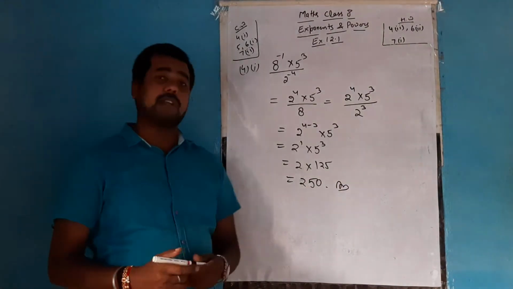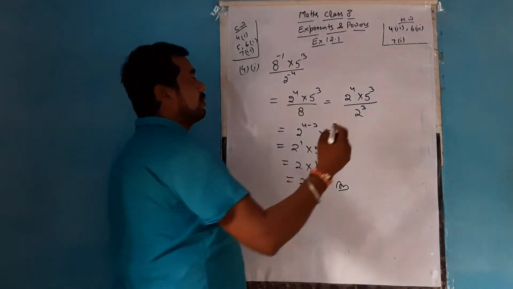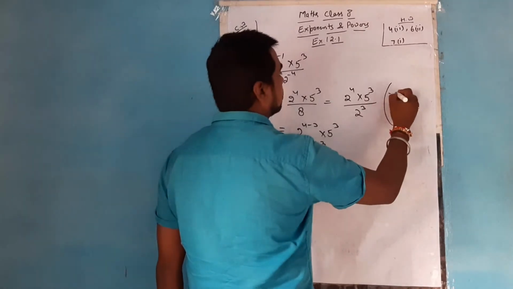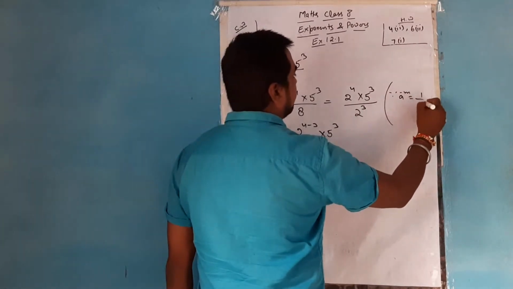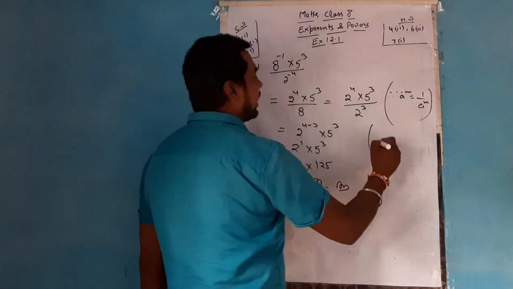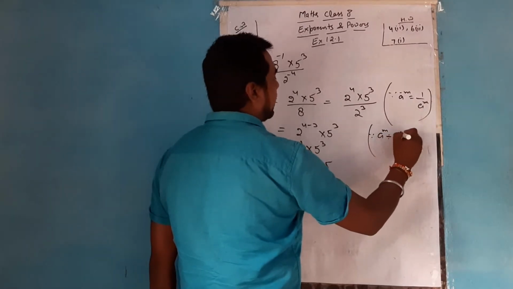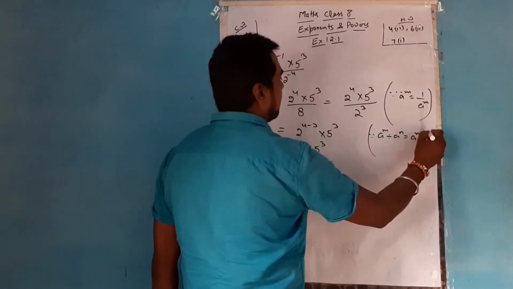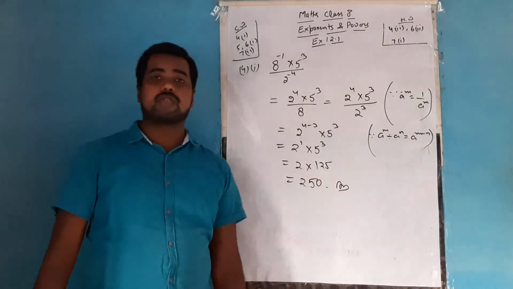Now we have solved it, I am telling you once again. If you have learned the law, then do mention it as well. Here I have used that a power minus m is 1 by a power m, the concept of reciprocal, and here I have used the concept of division: a power m divided by a power n equals a power m minus n. Whatever law is being used, just write it.